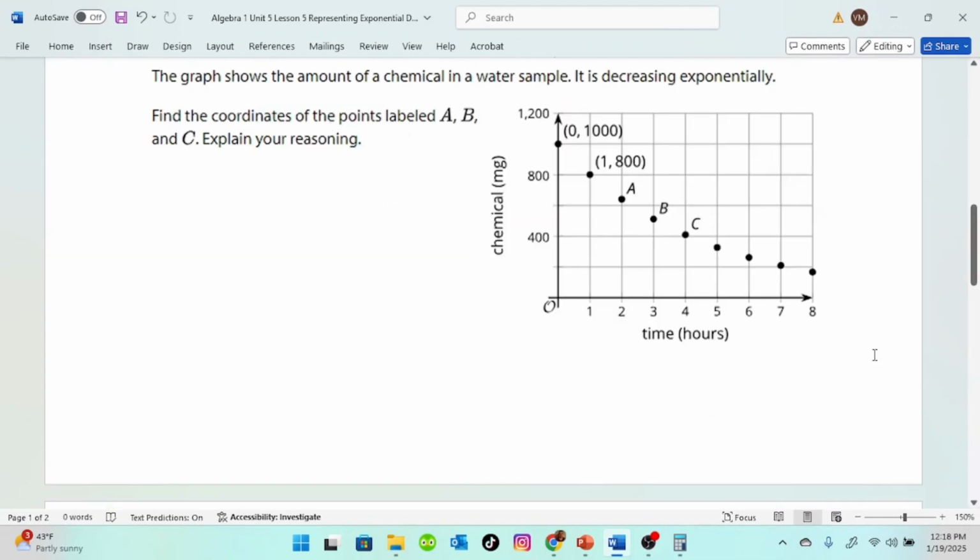Our next practice problem says the graph shows the amount of a chemical in a water sample. It is decreasing exponentially. Find the coordinates of the points labeled A, B, and C. Explain your reasoning. So I talked about this in the very beginning when I was explaining one of the learning targets. If we have the graph and we have 2 points here labeled for us, to find the growth factor,